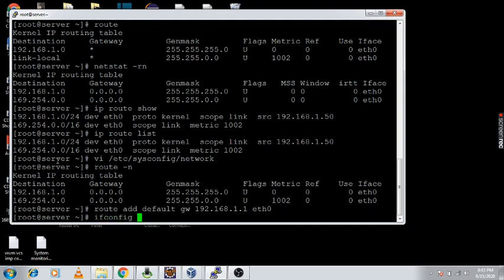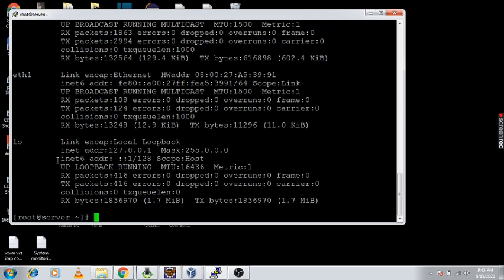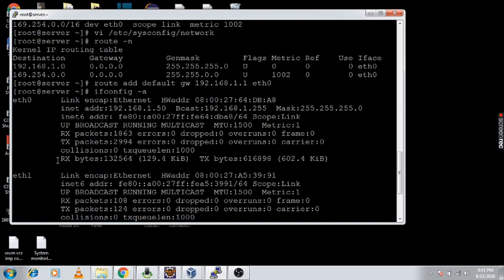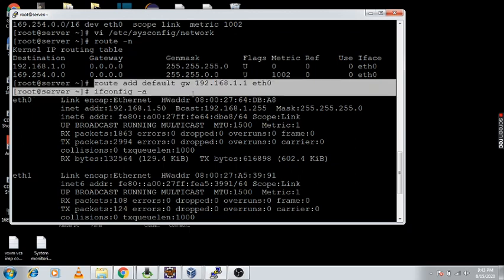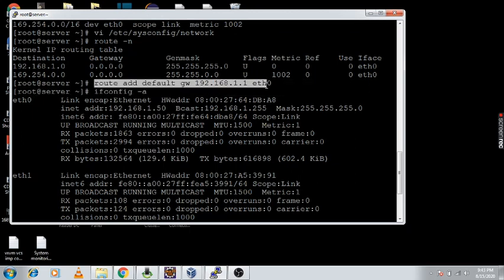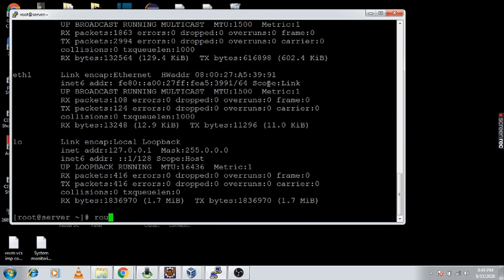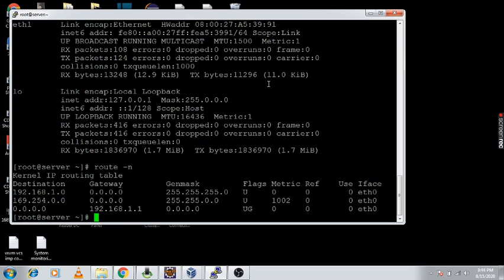First I am checking whether this eth0 is available or not. So this eth0 we are using. So this command we can use to add our default gateway on the eth port. Now I am checking route space n. Now you can see this route is added for this destination. So this destination showing here, this 0.0.0.0, means all the network it is broadcasting from this gateway.